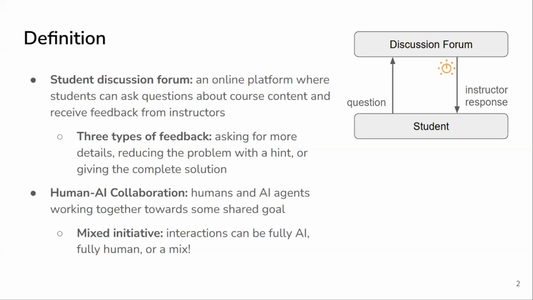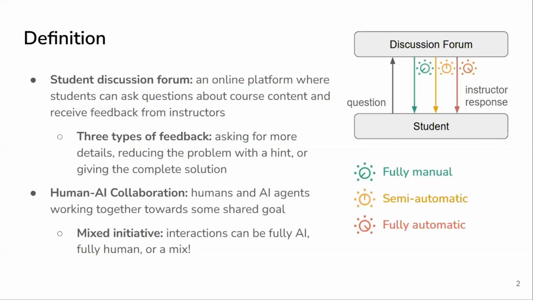AI agents working together towards some shared goal. The cool thing about this is that it can be mixed initiative, meaning that depending on the specific instance and the task, some things can be fully AI, some things can be fully human, some things can be a mixture. And so, combining these ideas, it would turn this discussion forum diagram from this into something closer to